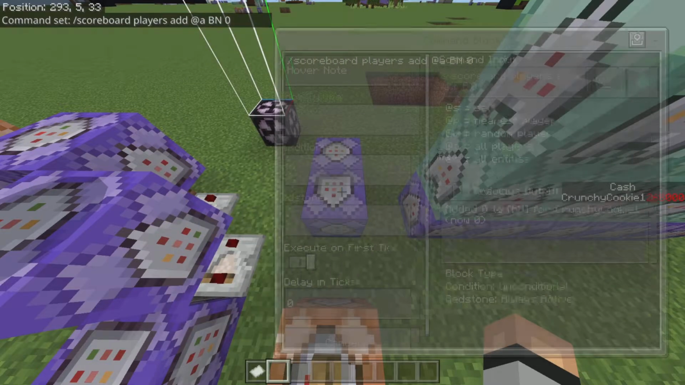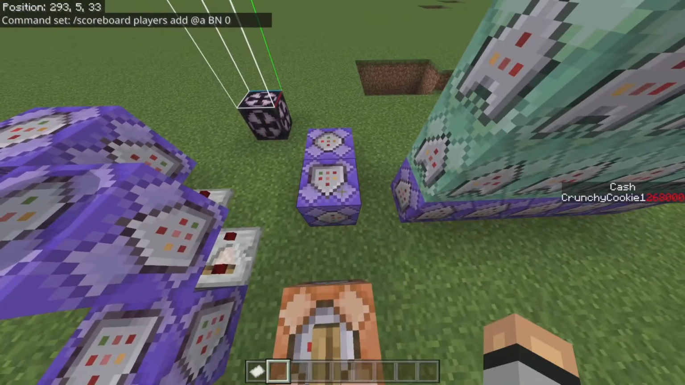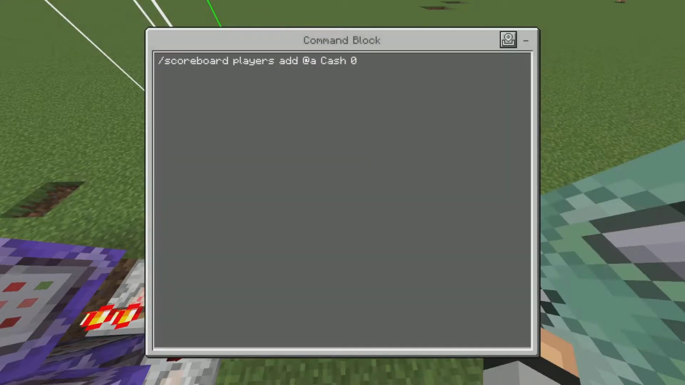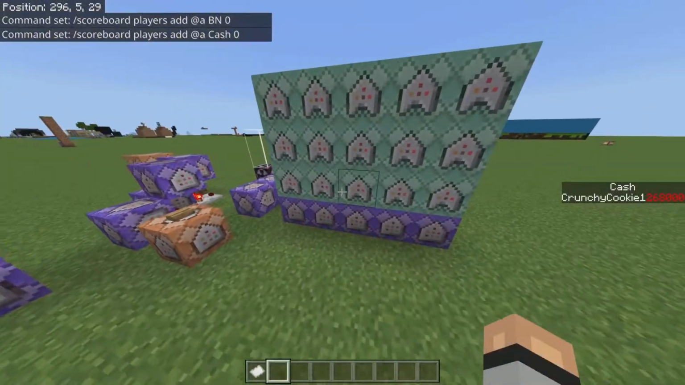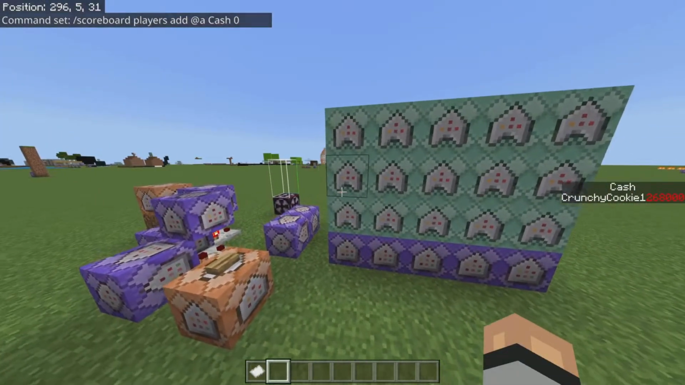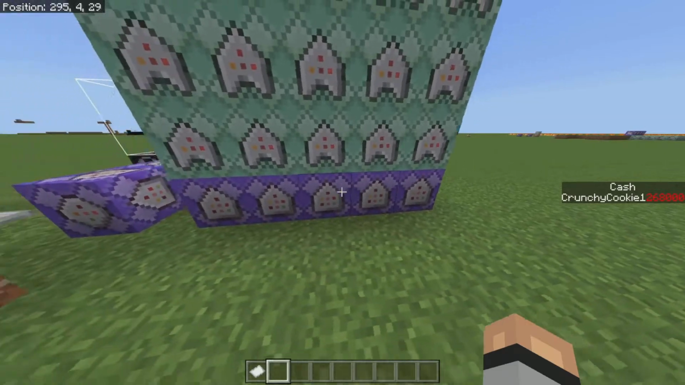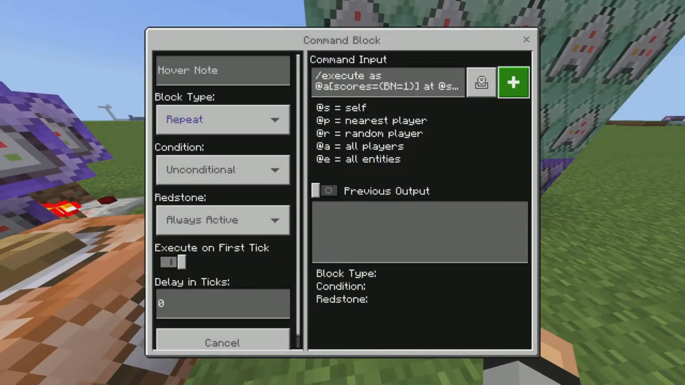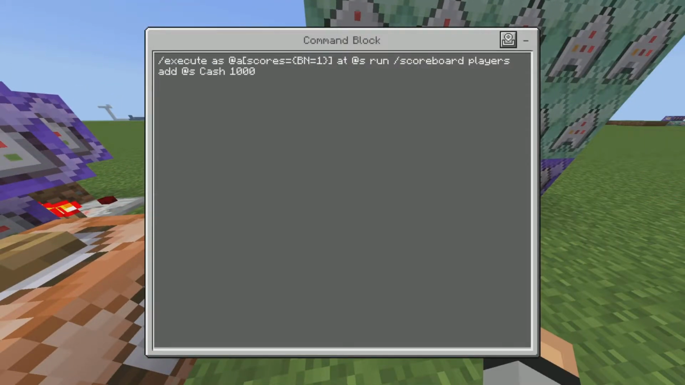It's sort of like a crate key or a crates system, but you're using an item. This next thing is for the cash, and it's just ensuring players have 0 cash when they spawn in. Perfect. Now this last section right here is basically the randomized money section, and basically this is gonna detect if